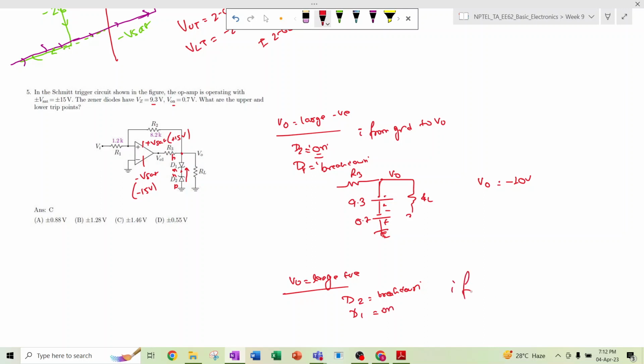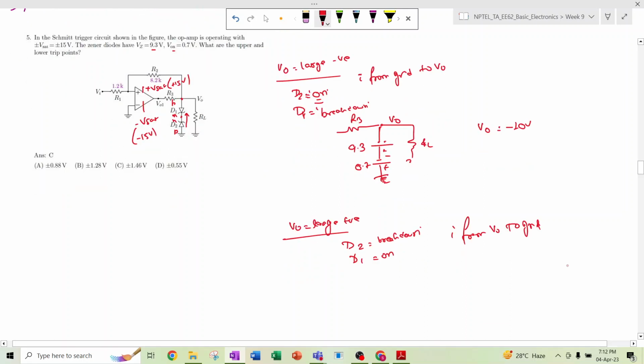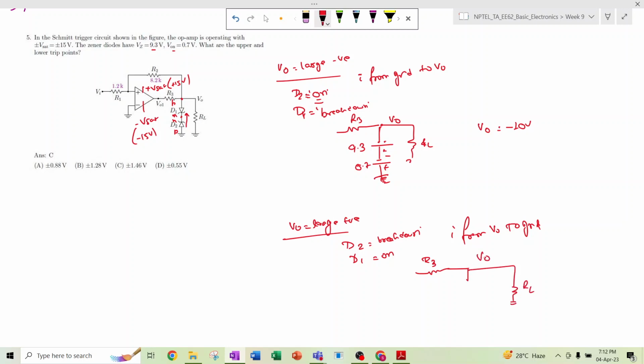That means the current will flow from VO to ground, and then the equivalent circuit will become, this is R3, this is R3, and this is VO, it is the RL, it is going to ground, this is VO, and here